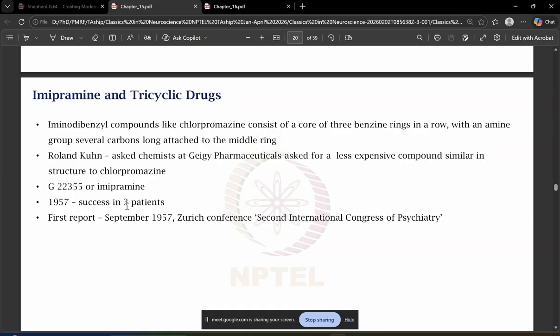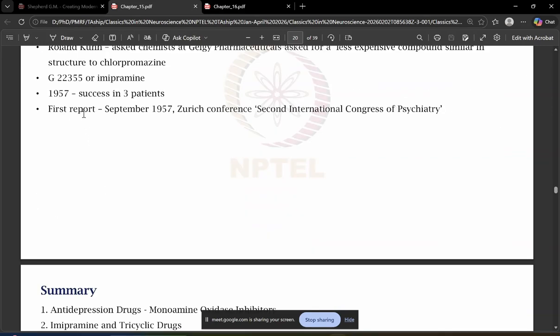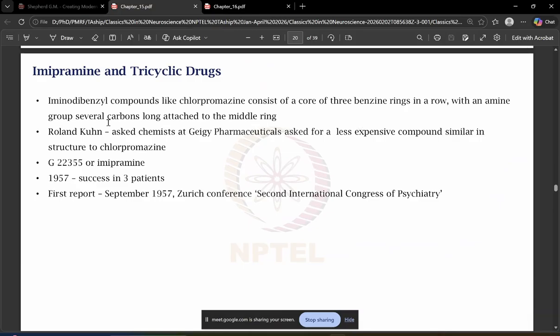He saw that in three patients there was a change in the way they responded. So he reported that these three patients who were suffering from depression showed success in their treatment using imipramine. And he reported this in a conference in Zurich in September 1957 called the Second International Congress of Psychiatry. And that started